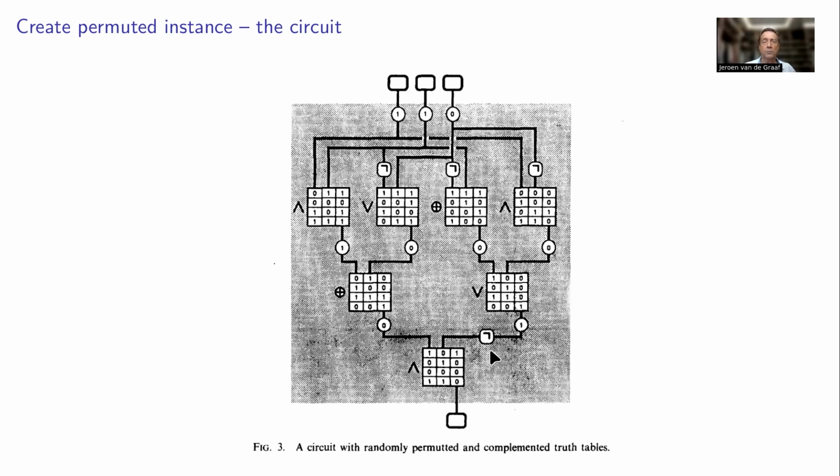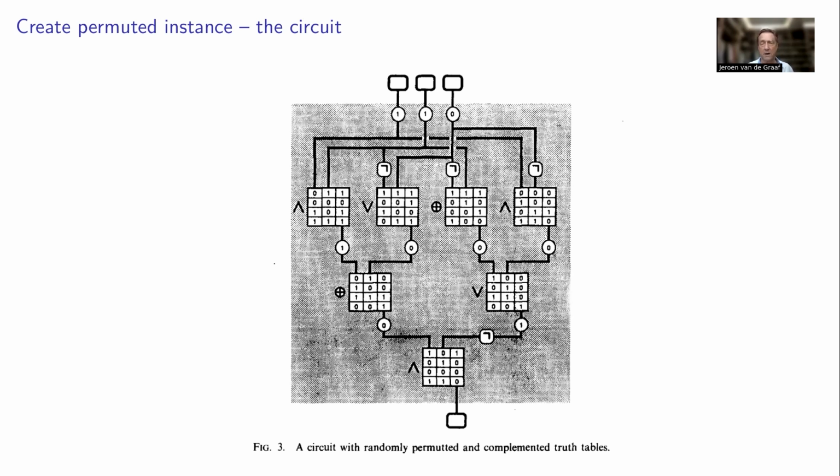Flipping the wires means that the columns are inverted, and apart from that we are permuting the rows. This now is the permuted instance of the circuit, and what the prover is going to do is commit to each of the values in these gates, in these tables,